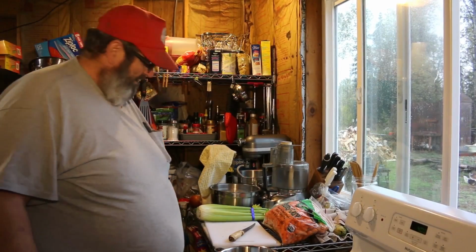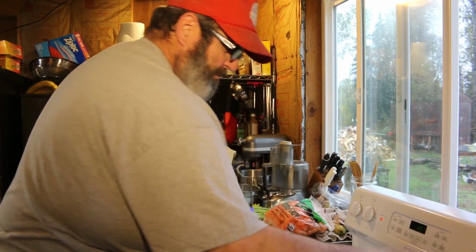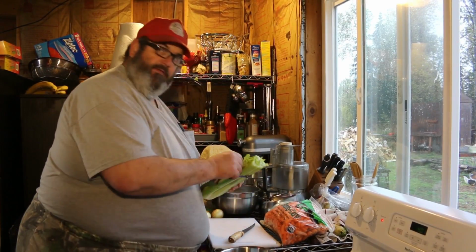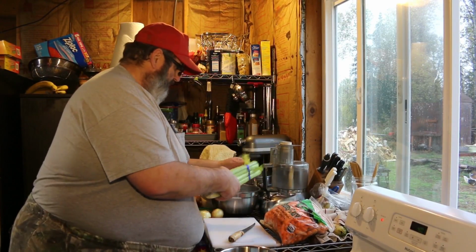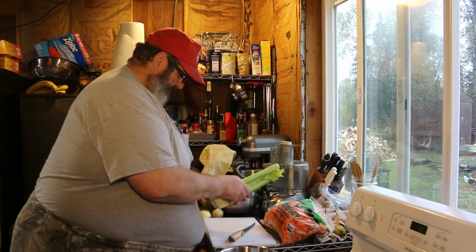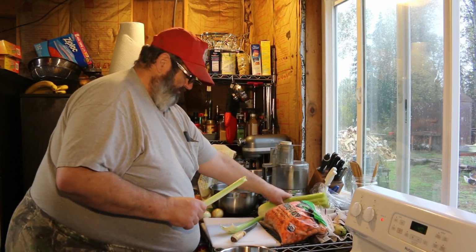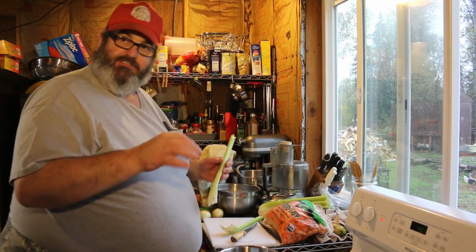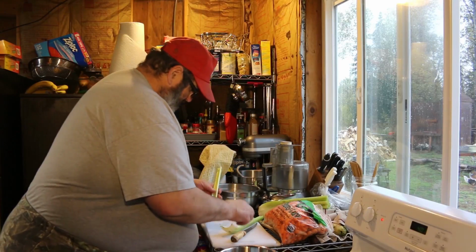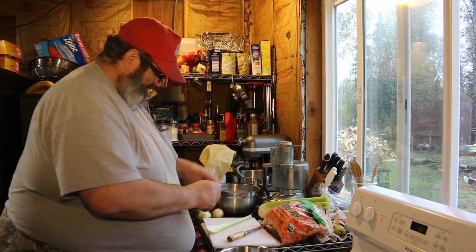Hey kids, okay. So now the next step, we got all of our meat cooked. We got a good brown on it, so it's all ready to go. Now we have to put together the Holy Trinity. The idea here is to get a little bit of the vegetables finely cut up into the bottom of the pan to kind of deglaze the bottom of the pan. So first thing we do is we clean out our celery, make sure everything's good and clean,